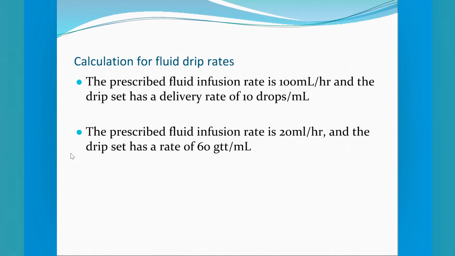So we need to figure out how many seconds are in 1 hour. And the very easiest way, for the rest of your life, is to remember that there are 3,600